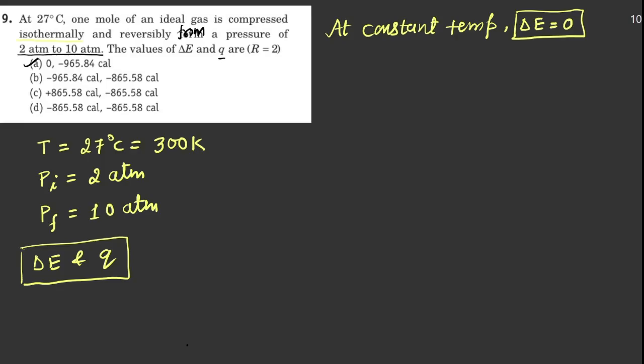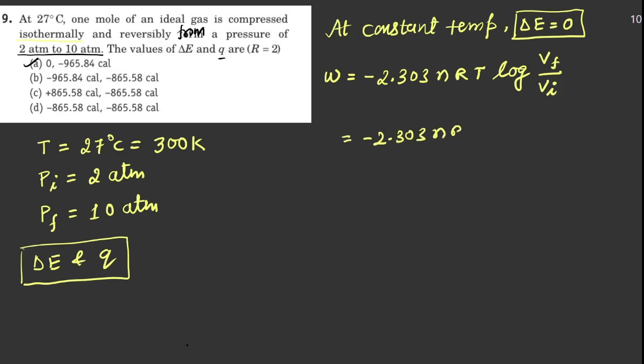So now, you know, work done in an isothermal and reversible compression or expansion, the expression is minus 2.303 nRT log of final volume upon initial volume. So in terms of pressure, it is initial pressure upon final pressure. So it is minus